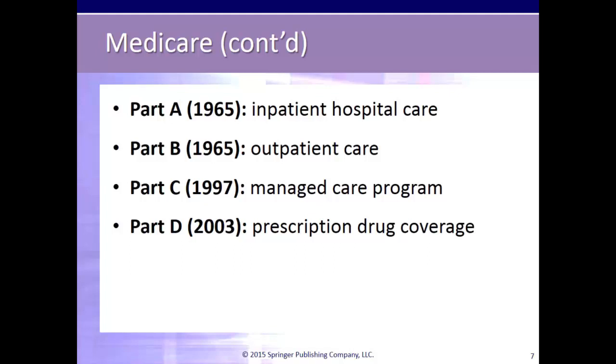Part C, or Medicare Advantage, allows beneficiaries to enroll in private insurance plans that provide Medicare services, primarily health maintenance or preferred provider organizations, and receive all Medicare covered Part A and Part B benefits, and usually Part D benefits. Part D is the outpatient prescription drug benefit established by the Medicare Modernization Act of 2003 that was implemented in 2006. Individuals who sign up for Part D generally pay a monthly premium, but may receive assistance if they are low income.